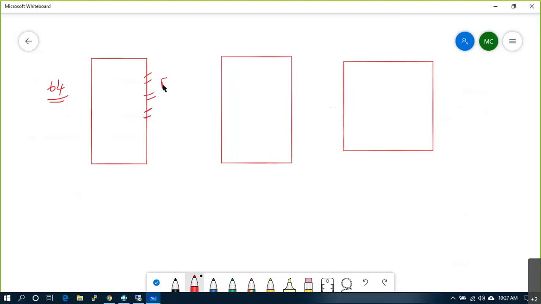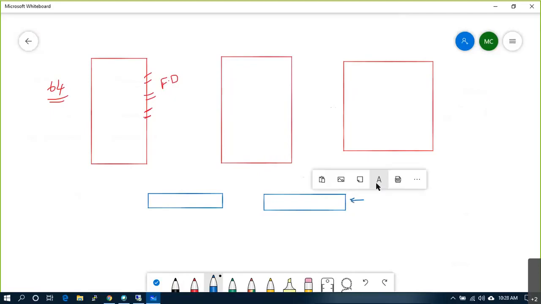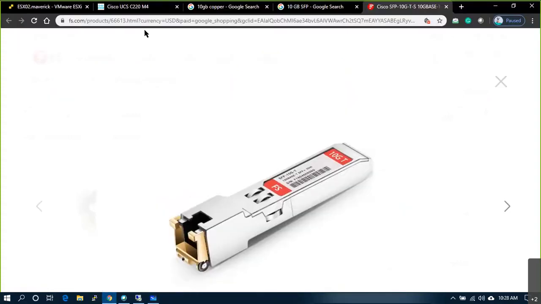On the back end, I would require two switches. I'm talking about 10 GB connectivity, two switches, for example Cisco 10 GB switches.